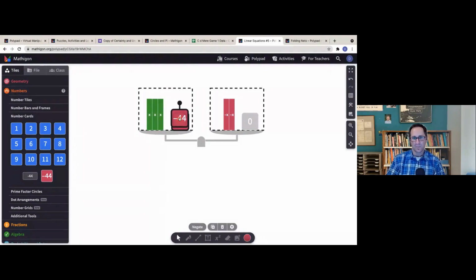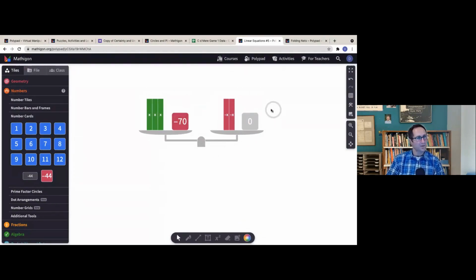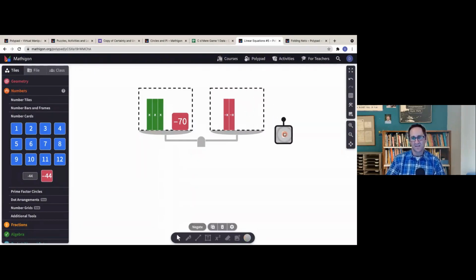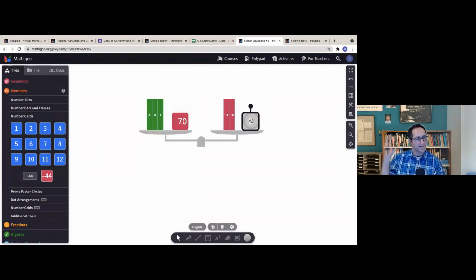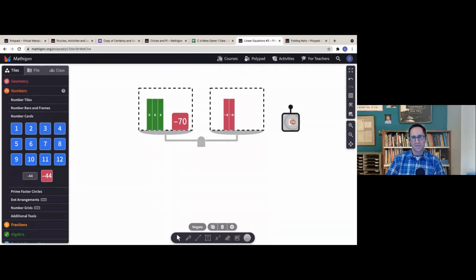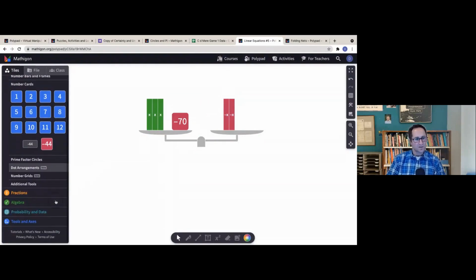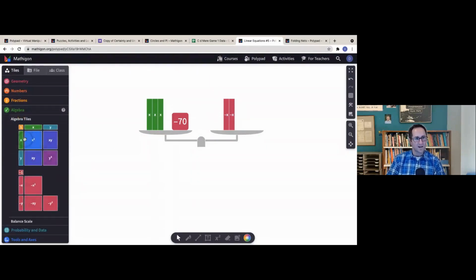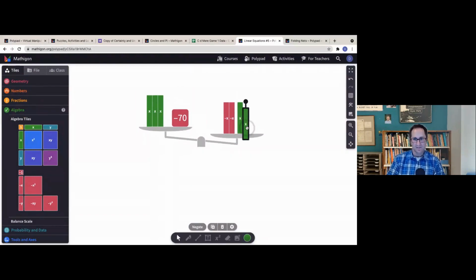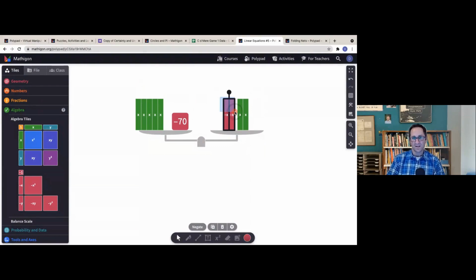And then here's a 0 pair, right? So now I really like here that it made a 0, not a 0 pair, just made a 0. But now students have to take the 0 off the scale, right? So that doesn't just disappear, but students have to actually say, okay, let me get rid of that 0. And now I have 2 of the negative x's. So I'll go to the algebra tiles and add on 2 of the x's, right? But if I do that on one side, and we want to balance the scale, let me copy those and put them on the other, right? And now it's balanced.